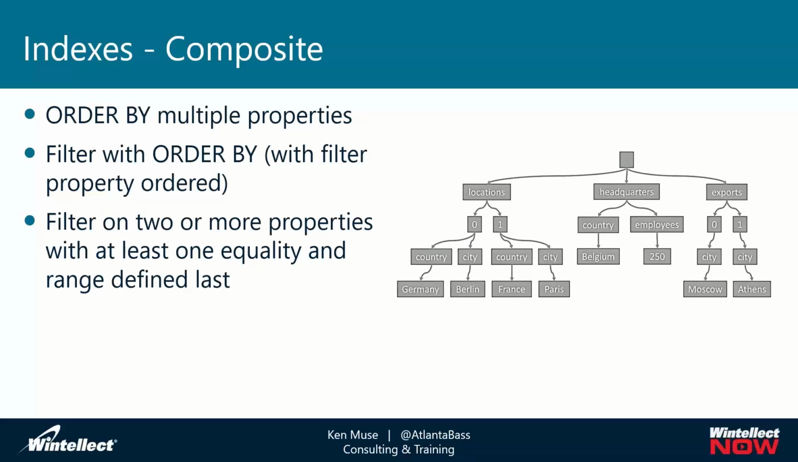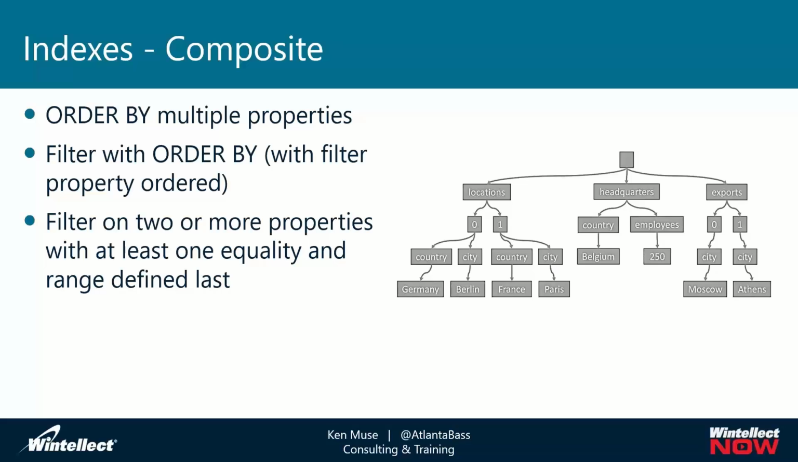Another type of index we can take advantage of is composite. We've got two or more fields or properties that we really want to tie together data on and be able to pull back data based on that. If I want to do an order by multiple properties, or I want to do a filter with multiple properties, a composite index may be the right way to go